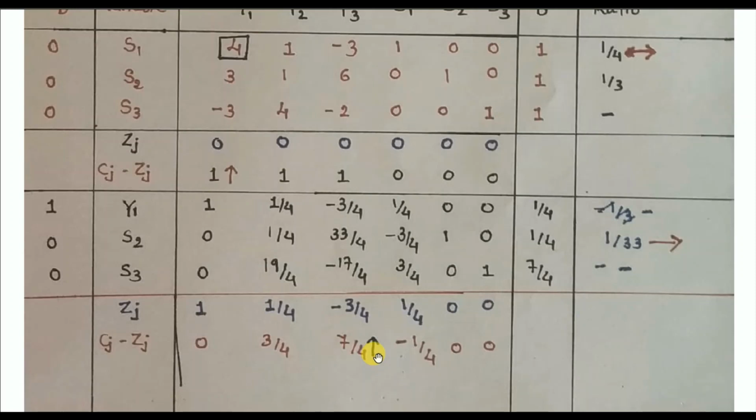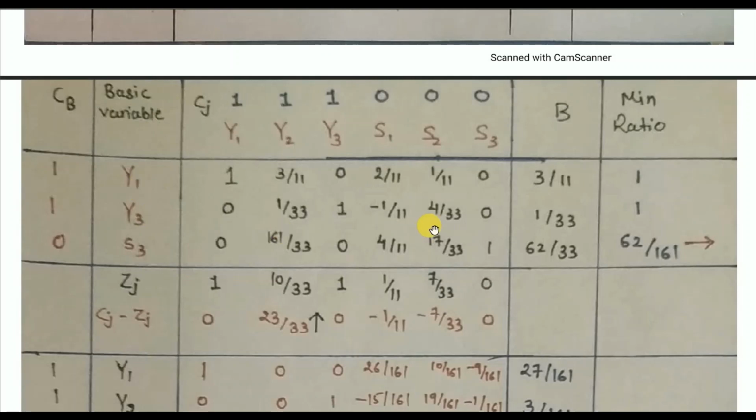Here for the entering variable, we have to choose the maximum value. So our maximum value is 7 by 4. So y3 is the entering variable, and that is why this is our pivot column. Here two values are negative, that is why we have to neglect those ratios in the minimum ratio. So our pivot element is 33 by 4 because that is the only minimum ratio in this column. So 33 by 4 is our pivot element, that is why we have to make it 1 and the other two elements 0. So we do it in this table, make it 1 and the other 2 zero, and